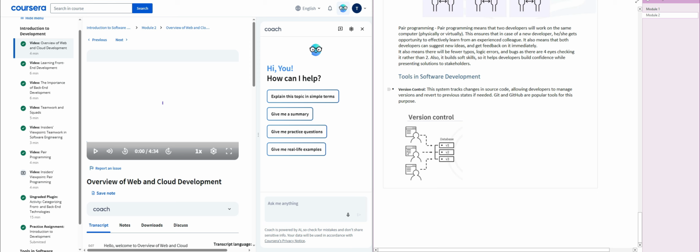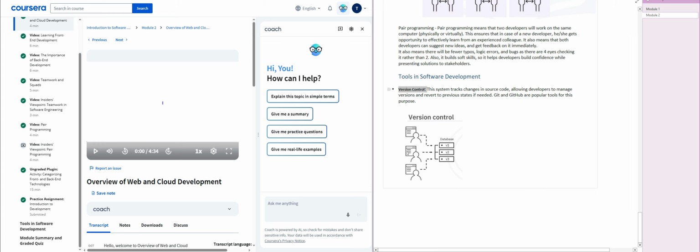Okay, tools in software development. That's kind of where I ended with my notes. Version control. Mostly Git and GitHub are used. I'm only familiar with GitHub. I will explain version control more simply using, for example, the Microsoft applications. In Word or in Excel, if you restart your PC, oftentimes you have some versions of the file saved automatically. And you can go back to that saved version, even if you didn't save